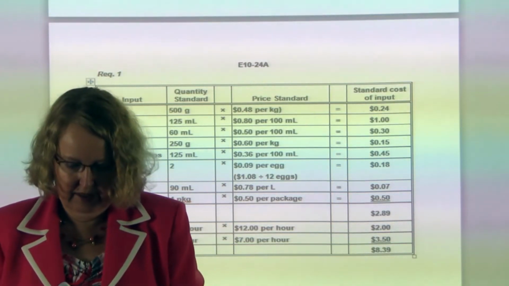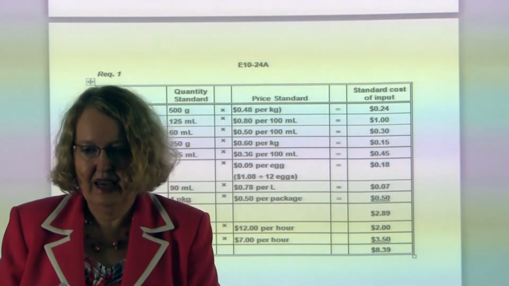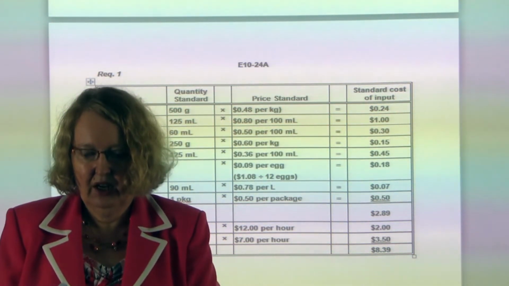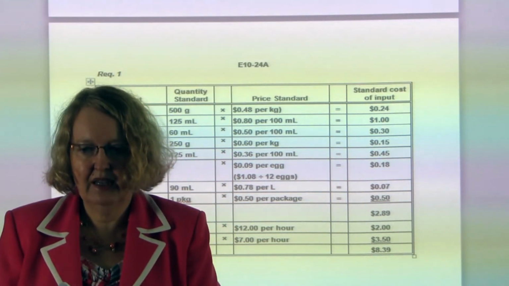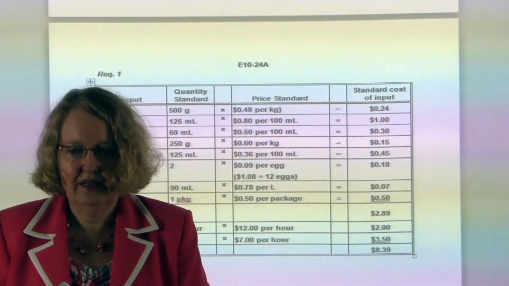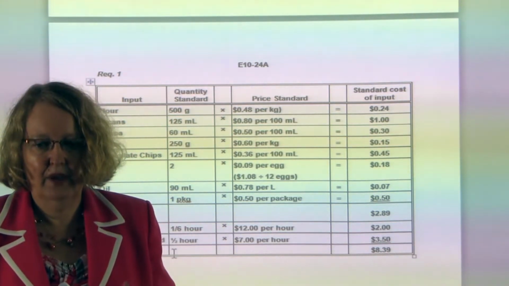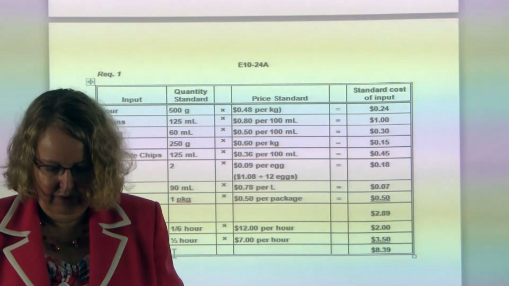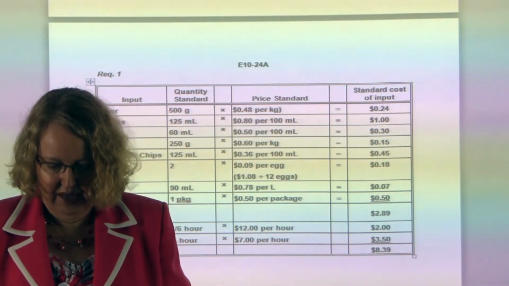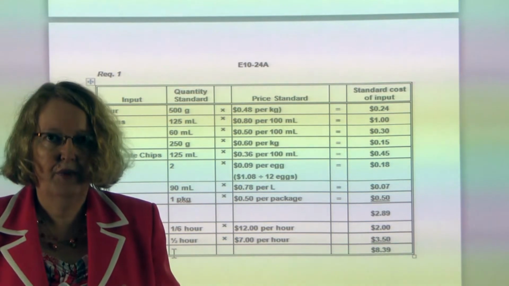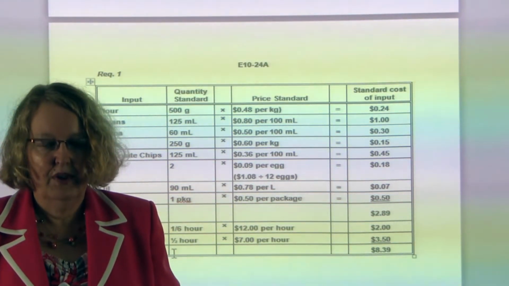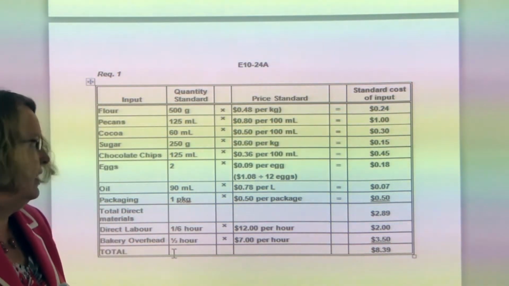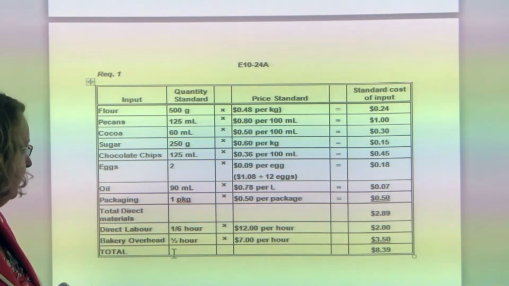So for this problem, this is looking at a bakery and it's identifying the standard cost. And what it's doing here, it's identifying the standard quantity and the standard price. So this is identifying how much quantity it should take to make a certain number of desserts, and the standard price for these quantities. So all of this information is provided in the